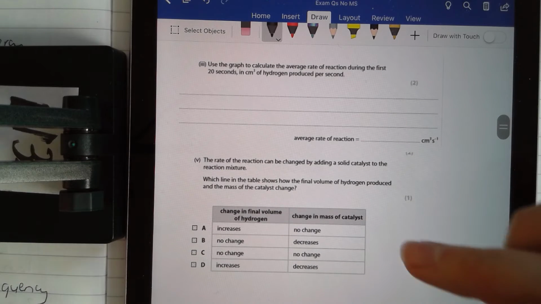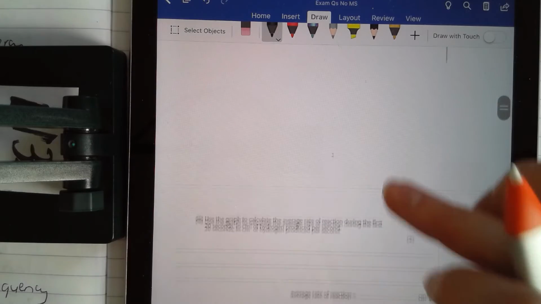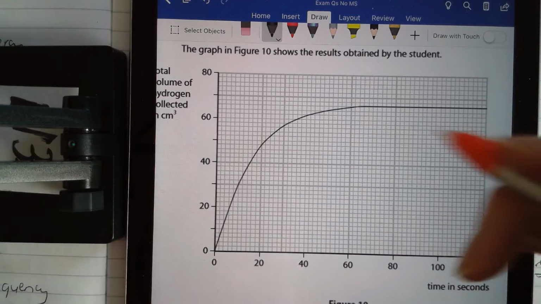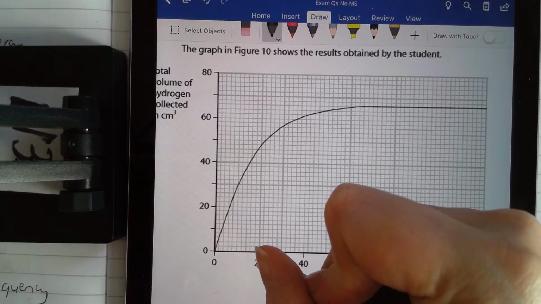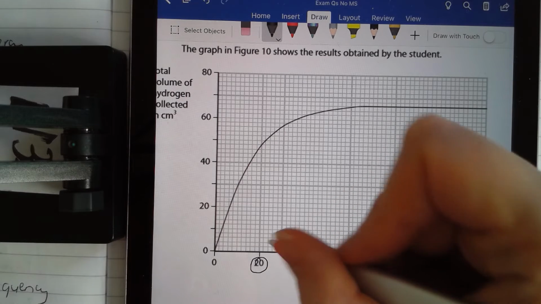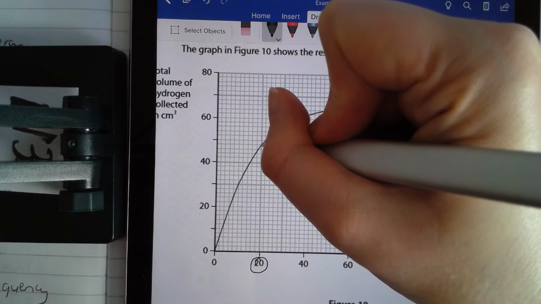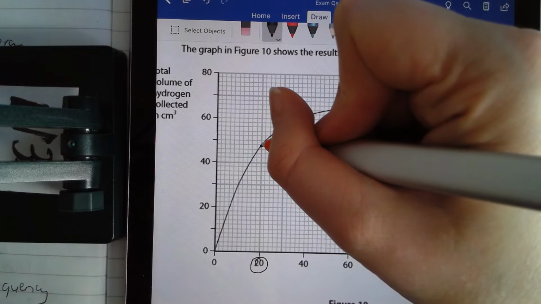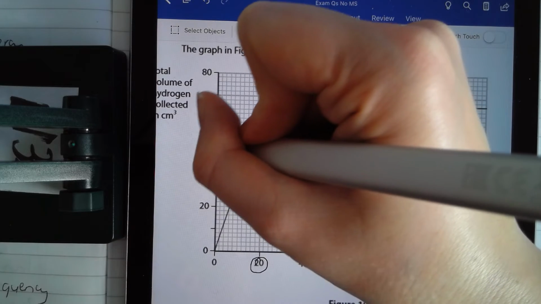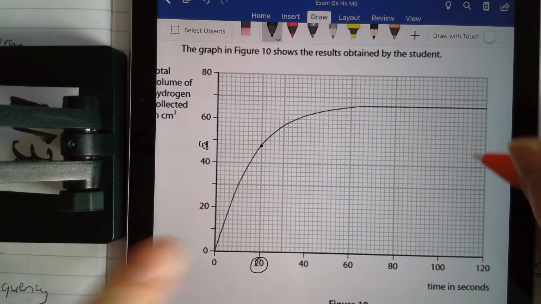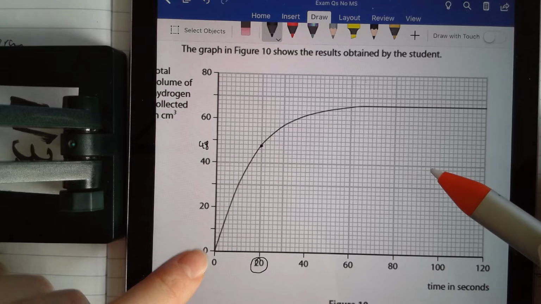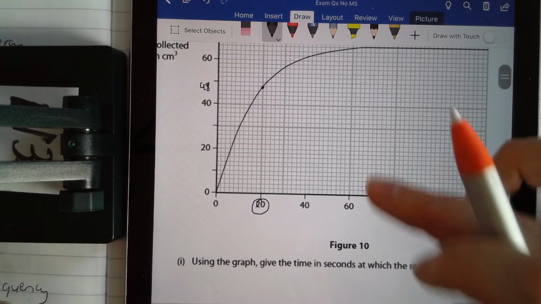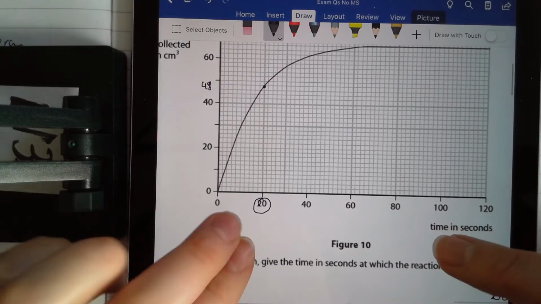Use the graph to calculate the average rate of reaction during the first 20 seconds. If I'm looking at the average rate of reaction, okay, and I appreciate this is hard to do if you don't have it in front of you, you're going to 20 seconds on the x-axis because that's the time I'm concerned with. And at 20 seconds, I am at 48 on the y-axis. So it started down here at 0. It's gone the whole way up to 48 after 20 seconds. So my change in concentration